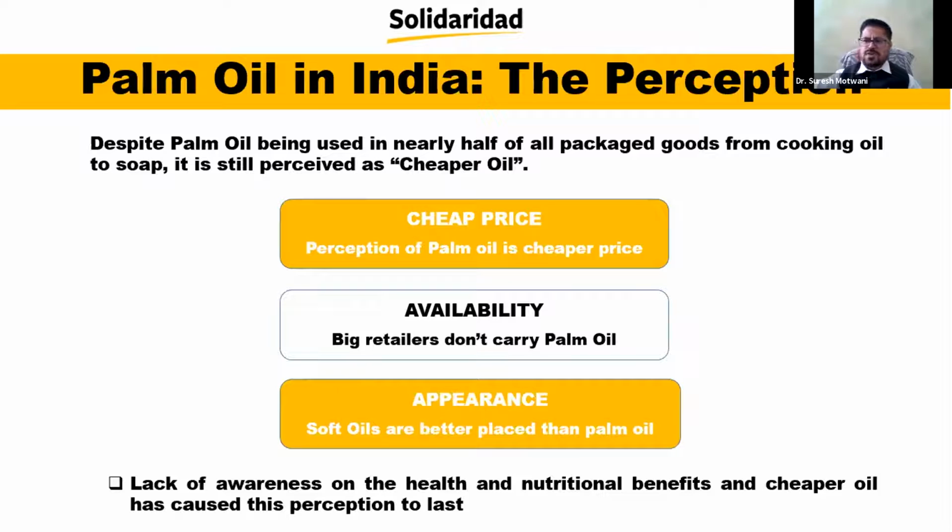They ask for sunflower oil, for a certain part of India, MP or so, sunflower or soybean oils, safflower oil, but unfortunately this is not the case for palm oil. So this is important when we talk about sustainable palm oil. Eventually, we first need to talk about palm oil in the Indian market.